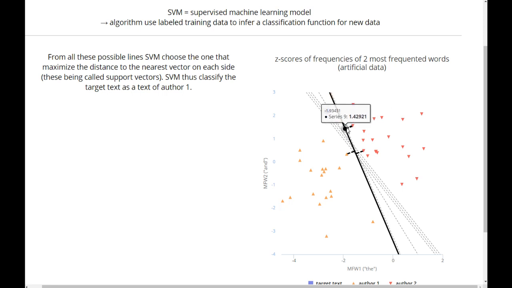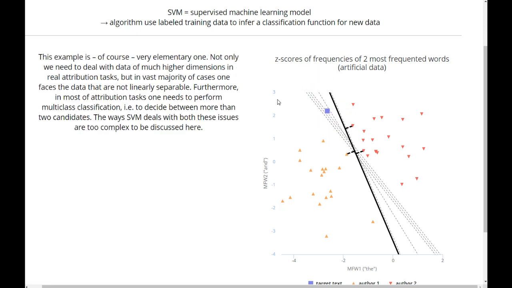These distances are the maximum possible from all the lines that we can make there. And this function simply classifies this target text as a text of the orange author 1. And this example is, of course, very elementary one. Not only we need to deal with data of much higher dimensions in real attribution, we don't work with the